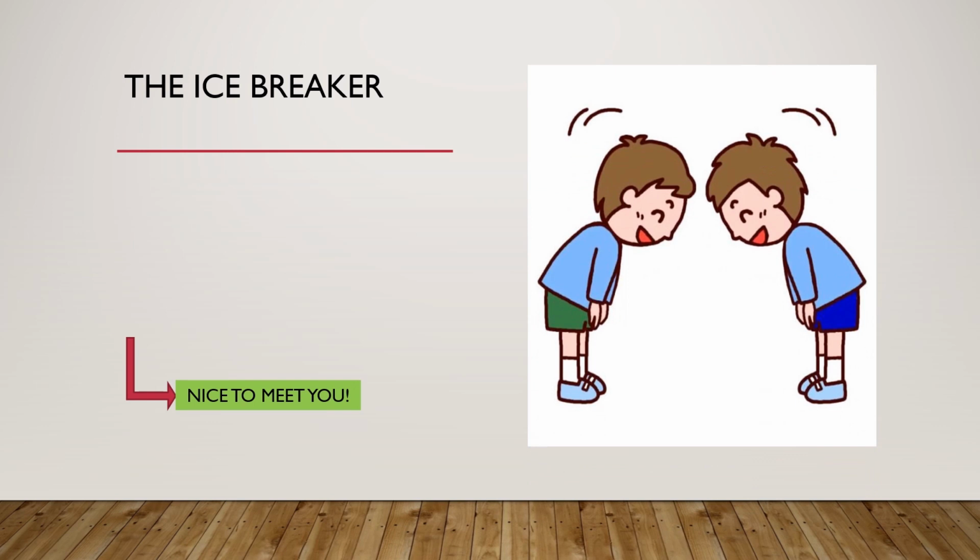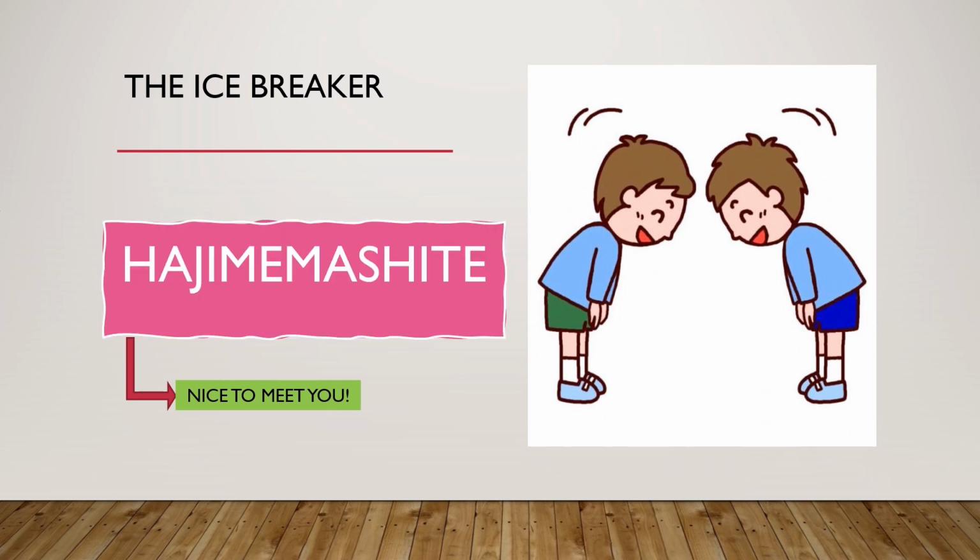Whenever you start a conversation, you don't go up front to someone and just start introducing yourself by saying your name. So in Japanese, you might have seen people bending and doing this gesture, right? Whenever you want to greet someone, you need to bend like this and you have to use an icebreaker, a word that will act as an icebreaker, which is hajimemashite. Hajimemashite.